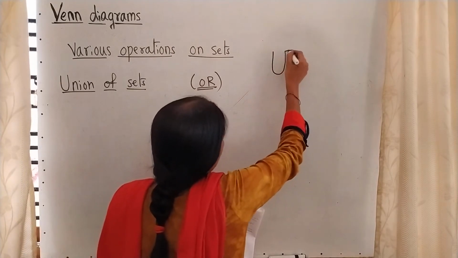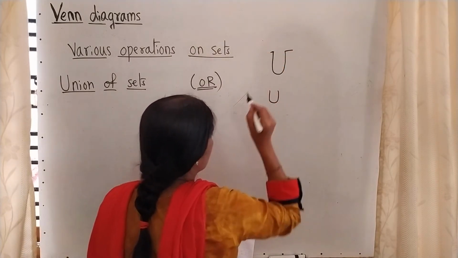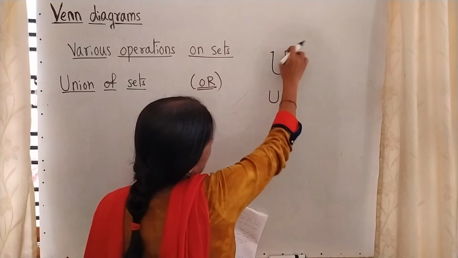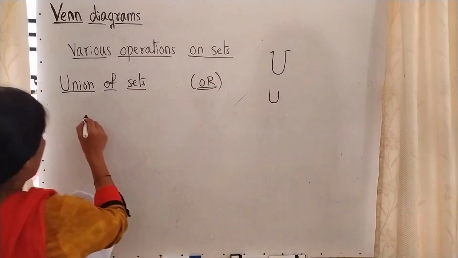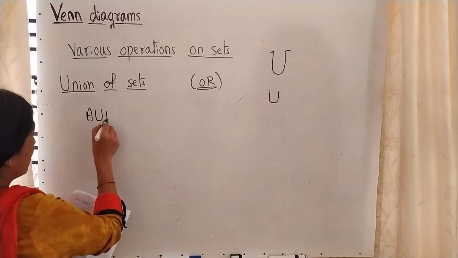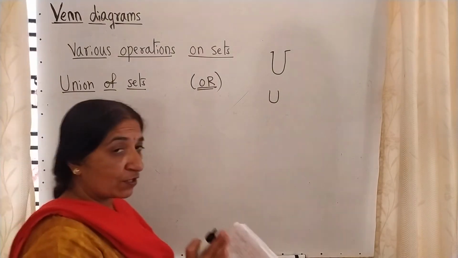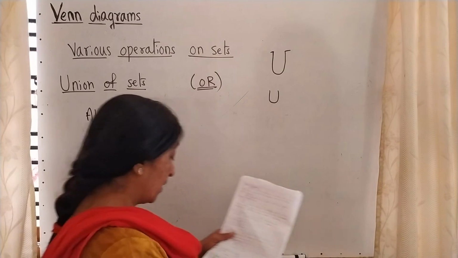If you write like this, it is a universal set. This is the symbol for union. See the difference, it's a capital U for the universal set, and this is the symbol for union. See here, A union B. I will explain each and every concept. Just listen. Read as